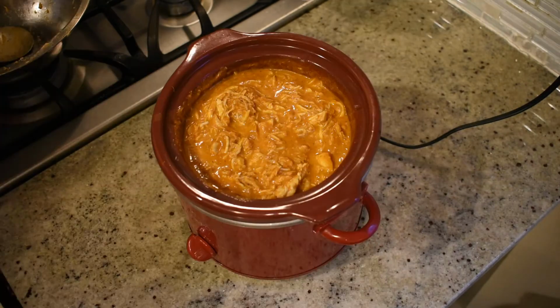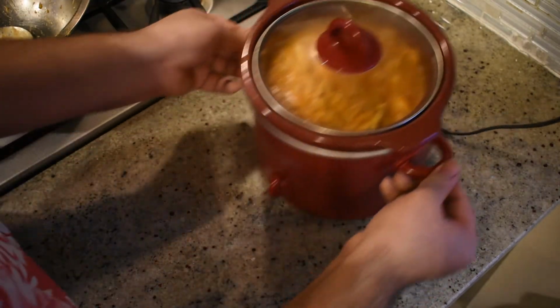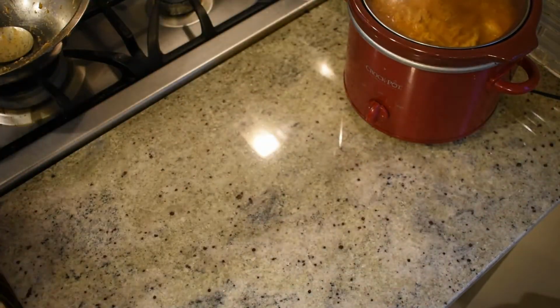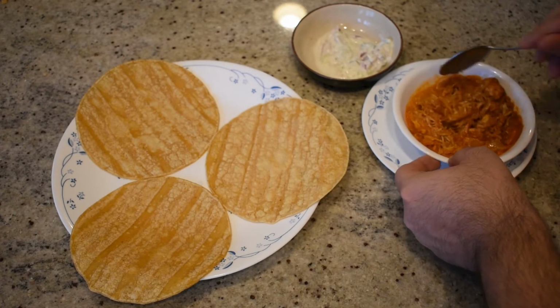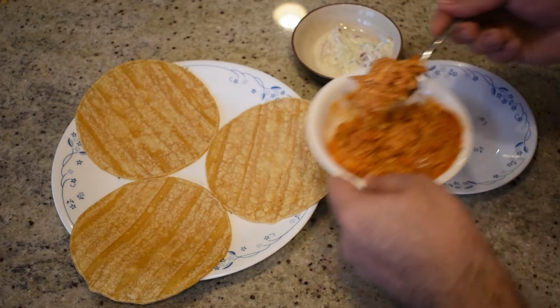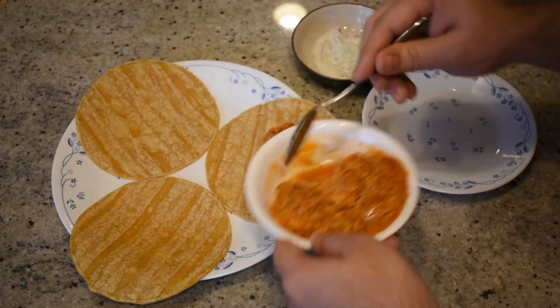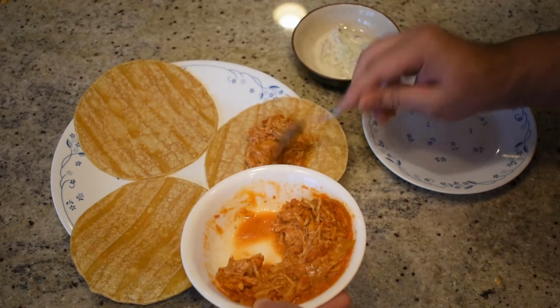And now we are ready to almost serve. But first, what we're gonna do is we're gonna cook the chicken on the low setting for about 15 to 20 minutes, and then we'll be ready to serve. So the way we're gonna serve it is we're gonna serve it onto some corn tortillas. However, if you wanted to, you could also serve this pulled chicken as a sandwich on a bun. You could also do it with rice, but I'm going the street taco route, and we're gonna make some delicious